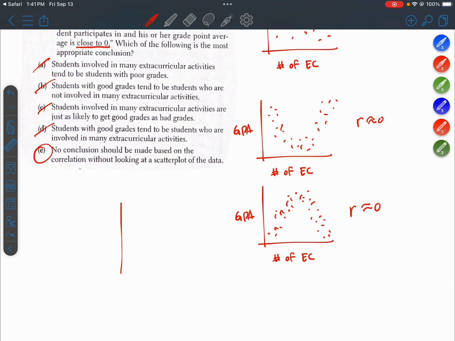All it means is that we can rule out that kind of scatter plot, and we can rule out that kind of scatter plot. Okay? We know there's no strong positive or strong negative association, but we don't know what the actual